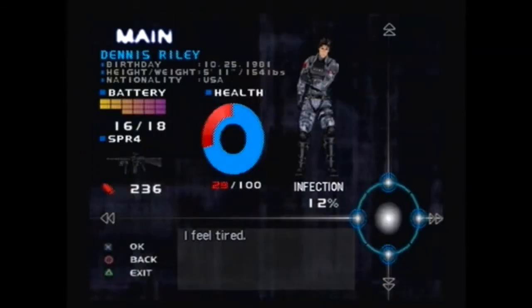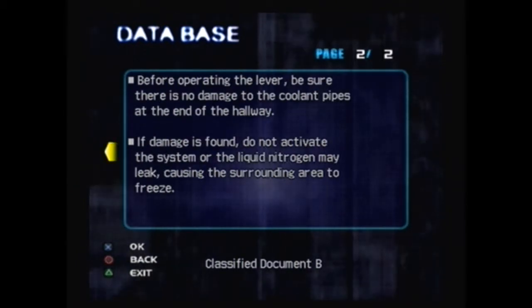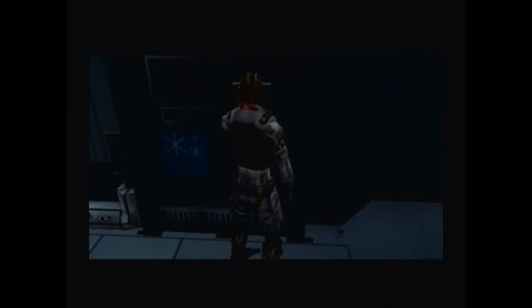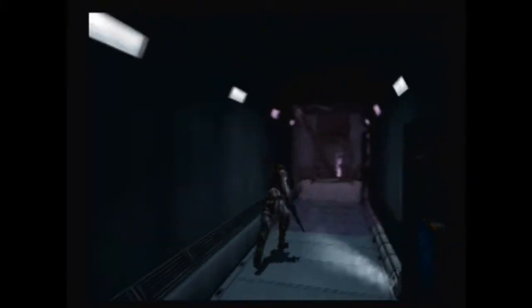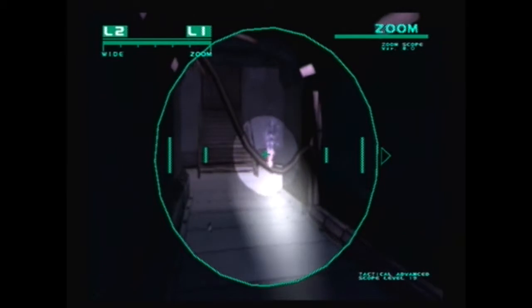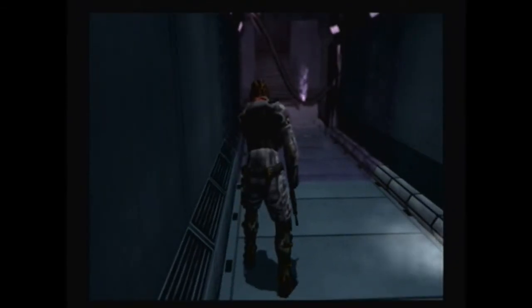That is just terrible. Electrified floor. Guy just spamming bullets at me. This is the maximum security corridor. Using this thing here. So I've got to somehow freeze. Can I shoot them? Nope. I'm gonna check my walkthrough that I've got here real quick. Okay, so I just have to...